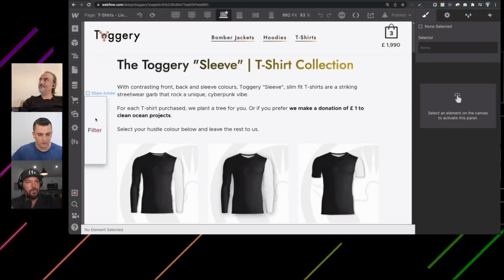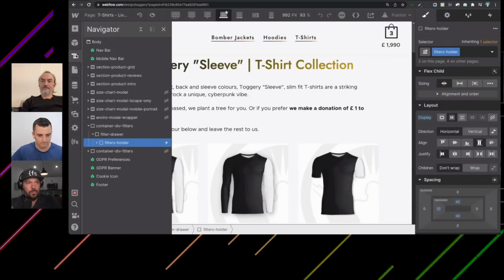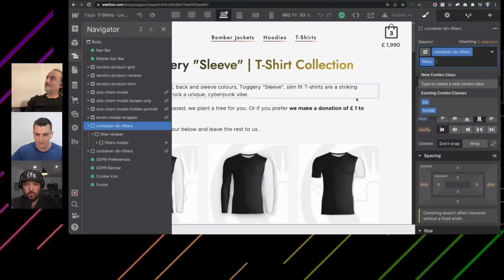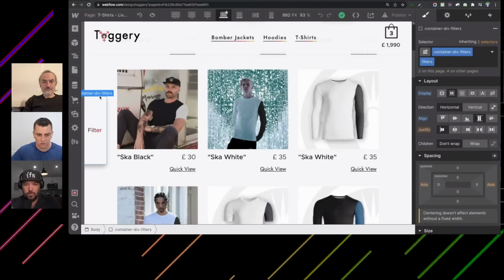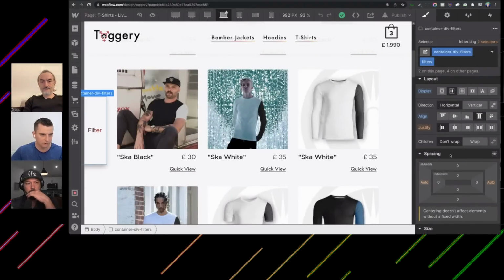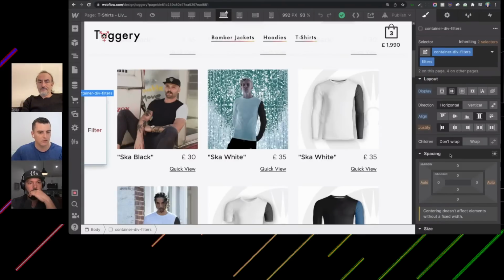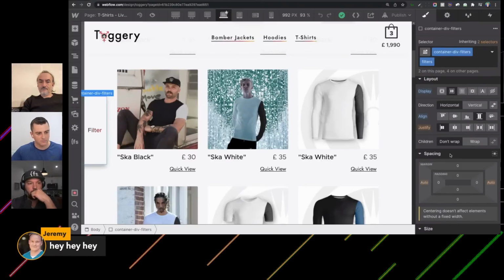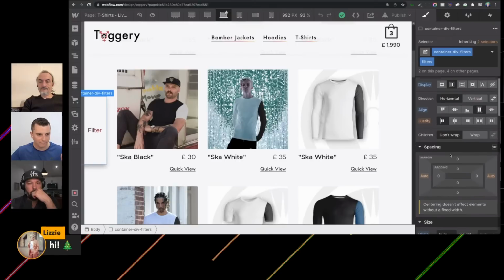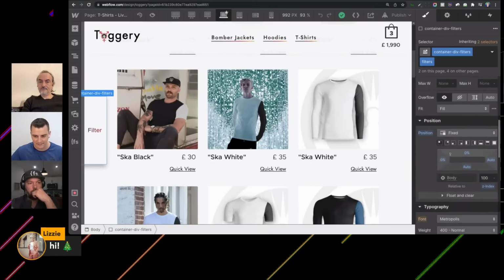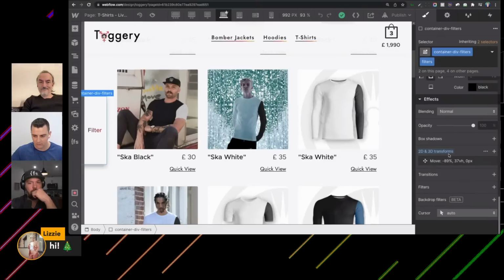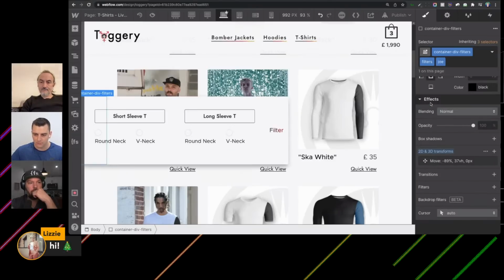So now we are in here. I am going to apply a class here just to show this. This is a hidden filter. We haven't really seen this yet. This is a filter system that is not visible in the viewport at first. This is totally fine. It doesn't need to be in line with the content. We have this 3D transform. I'm just going to apply this class I have just so we can work with this and we can see